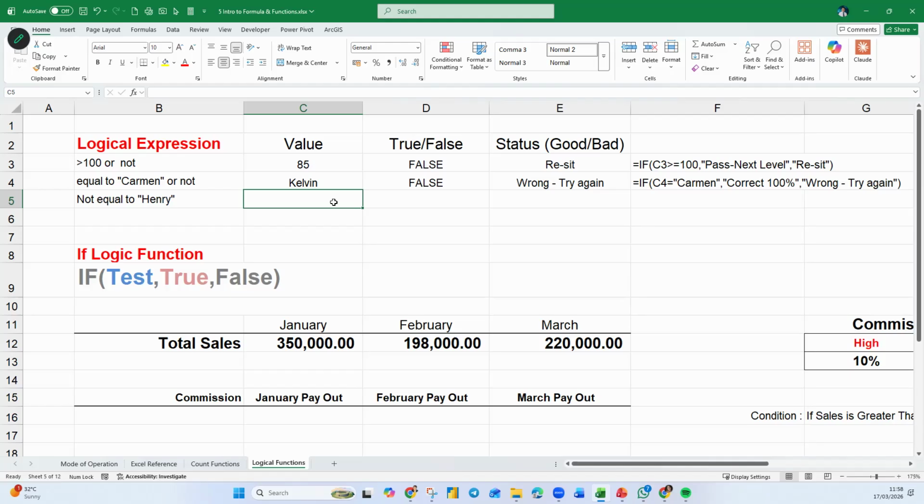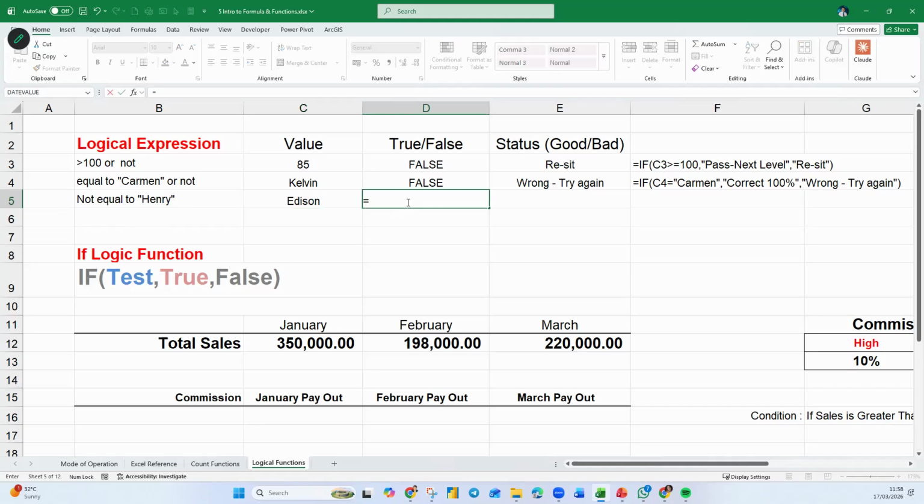Okay, so now I'm going to put here addition again. Addition. So I ask them, hey, as long as what you give me in C5 is not Henry, you're correct. Anything will do as long as it is not Henry. So I put here equals to this cell.